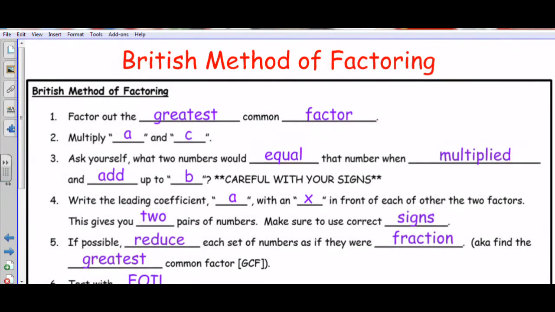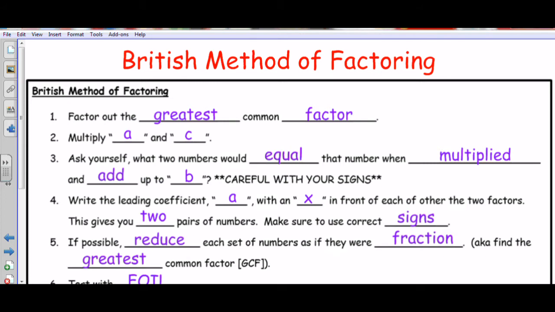When we factor, we're pretty much going to reverse what we just did in FOIL. So if you recall the previous example, we had 4x squared minus 1x subtract 18. So we would be taking that expression and going back up to the two binomials that we ended up multiplying. So one of those ways to factor is called the British method, and there are 6 steps to follow